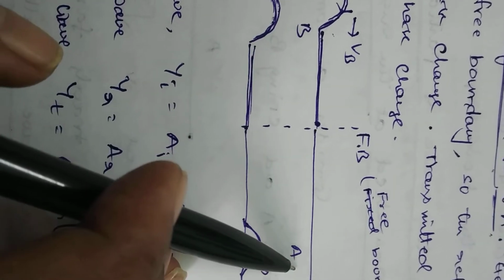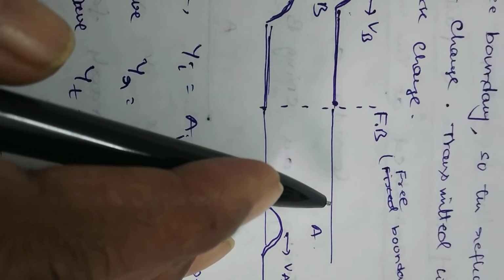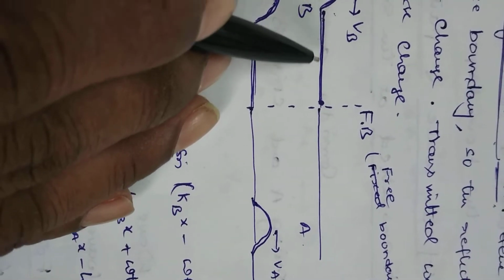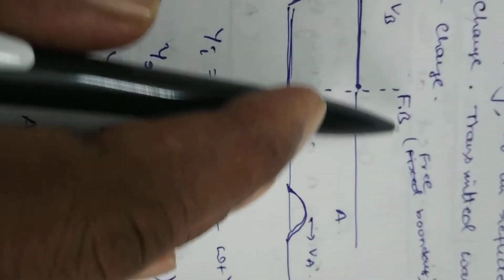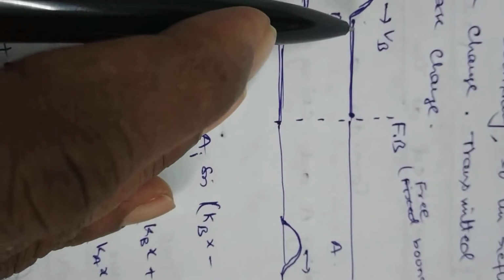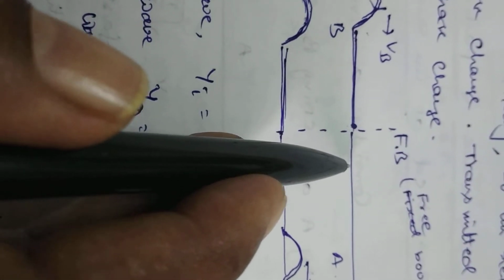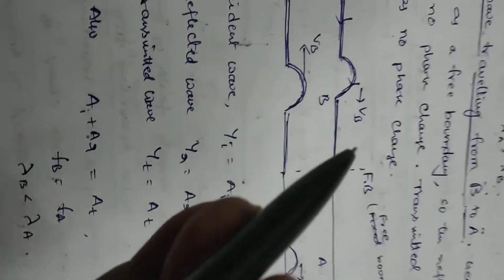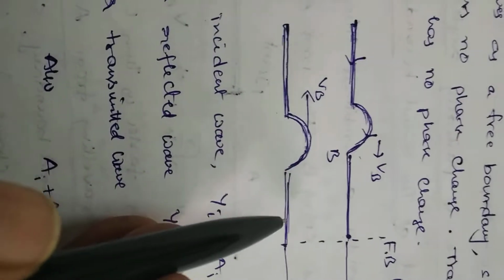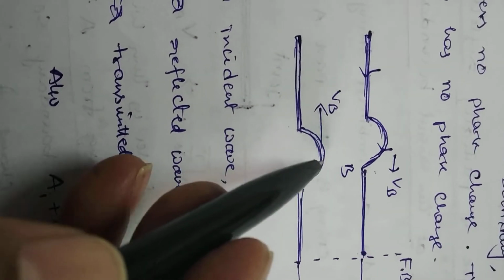Less, more. And a wave is transmitting from denser medium to rarer medium. Suppose the wave is transmitting from denser to rarer, this joint will behave as a free boundary, because it is moving in the denser medium and entered into a free surface. That's why it is a free boundary. So as the wave is reflected from the free boundary, there is no phase change between the reflected wave and incident wave. Phase change is equal to 0.